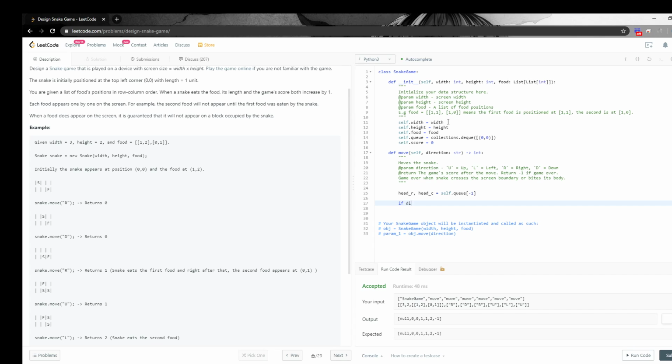We check all the directions here. I'll follow the description here. If it's going up, then the head row will be decreased by 1, right? Else if the direction goes to left,